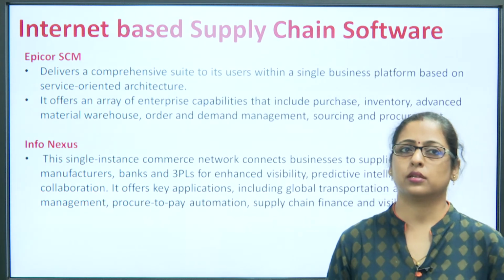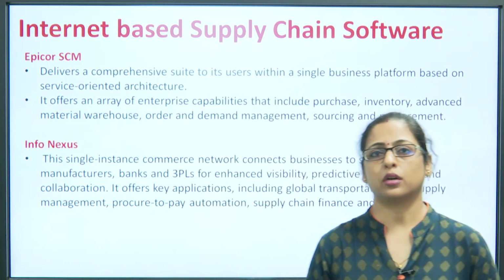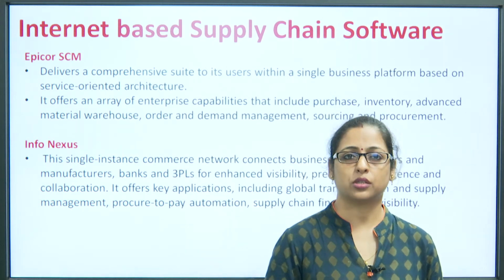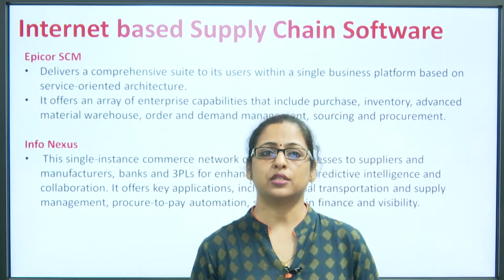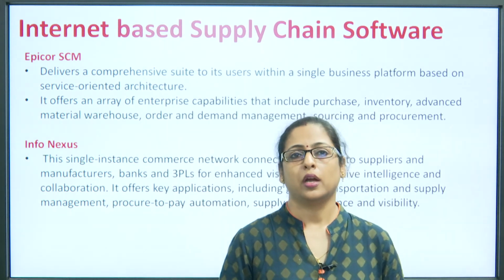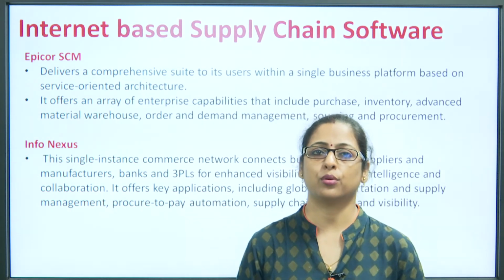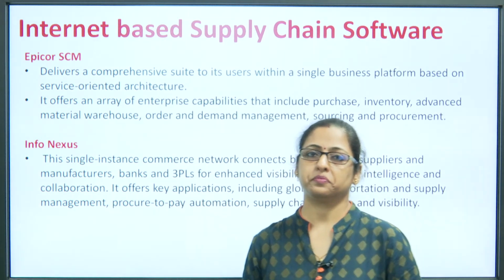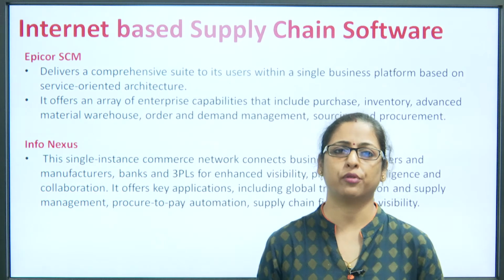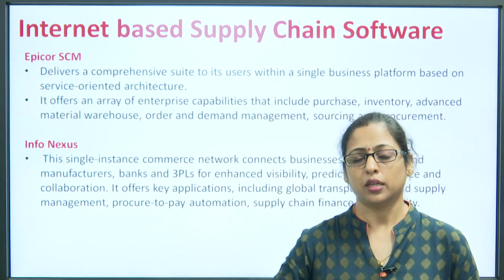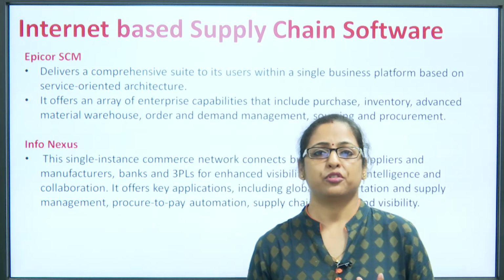The next software is GT Nexus. This is a single instance commerce network that connects businesses to suppliers, manufacturers, banks and 3PL for enhancing visibility. It helps in predictive intelligence and collaboration also. It offers key applications like global transportation, supply management, procure to pay, automation, supply chain finance and visibility. So, this is one software which helps the organization connect with other organizations, the 3PL organizations and the banks, which would help them